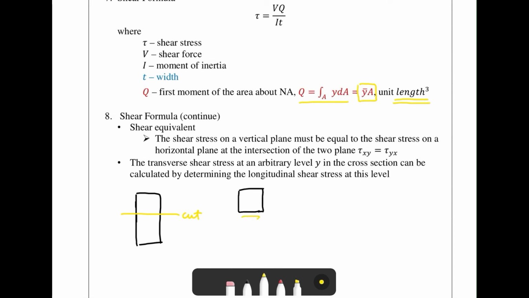And then we found the shear stress here. But how could we find the transverse one? Because normally our shear stress is going to be drawn like this. Because on this cutting plane here, if you have a shear force going this way, then that's going to be the shear stress distribution here,